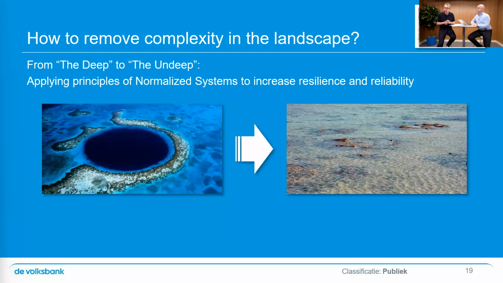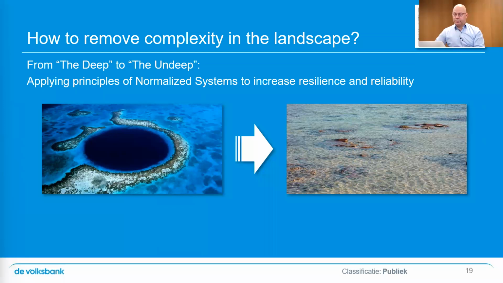And in the talk before, I know that it was coming, of course, taming that complexity at Volksbank is done by applying the principles of normalized systems. Maybe the IT audience might have a hunch what it's about, but maybe not everyone has knowledge about those principles. Maybe you can talk about this for a while.